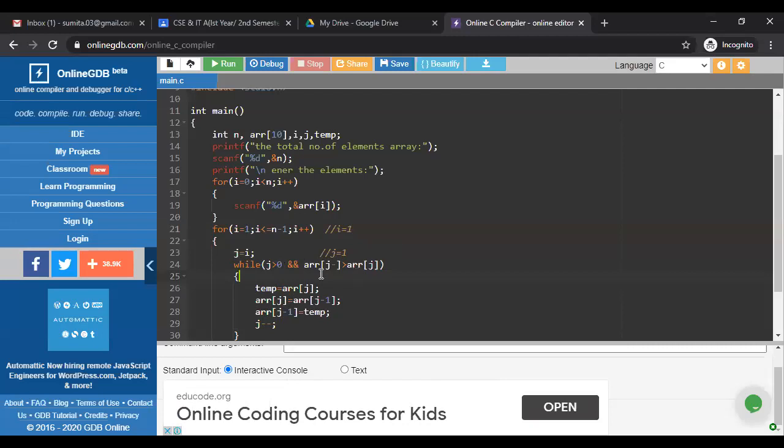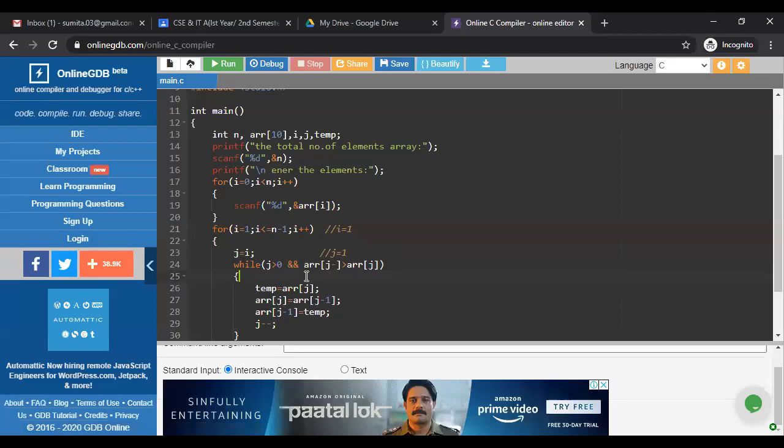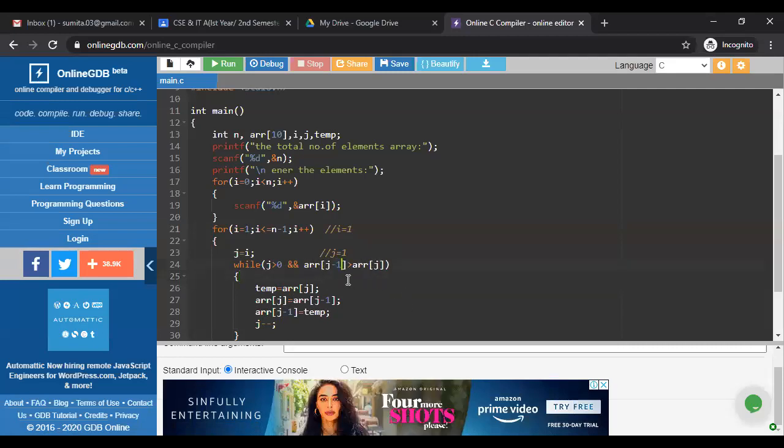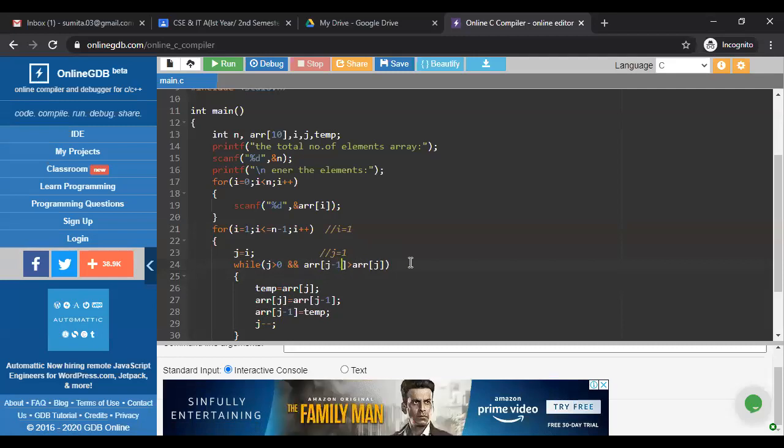So now the j value is 1. So 1 is greater than 0. It is a true condition. Now what is this part? ARR j minus 1. What is the meaning of that?